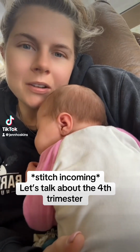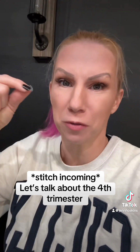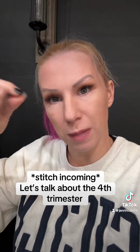It's become a little bit apparent that she purely likes contact sleeping. Before we talk about how to get a baby to sleep, let's talk about the fourth trimester. And I think it's something that's way too overlooked and under talked about because it's the 3 months after you